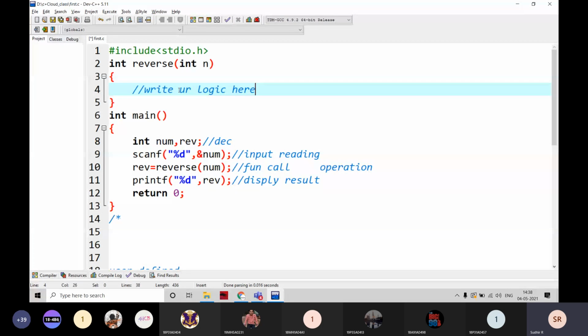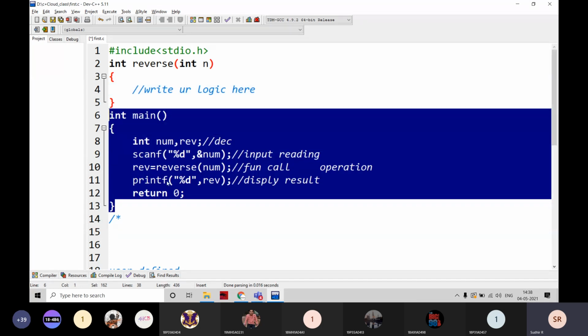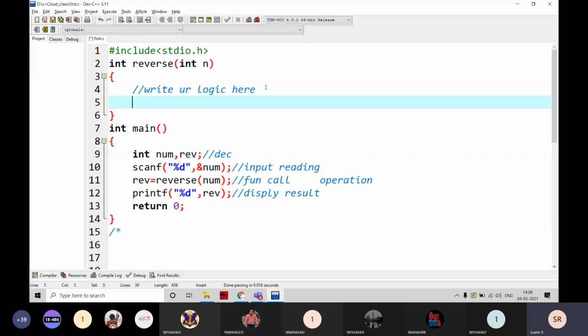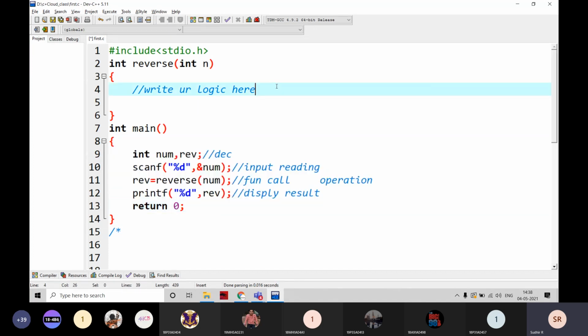That's why we are teaching functions here. The majority of the coding is solved using functions only. Sometimes we cannot modify the main function. I just write here and compile it. I have no permission to change the remaining code. I can write the logic here only.